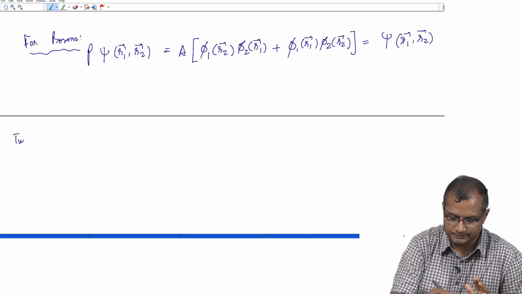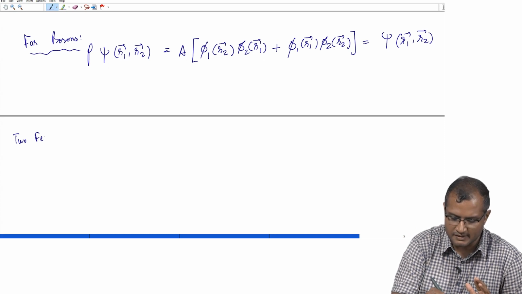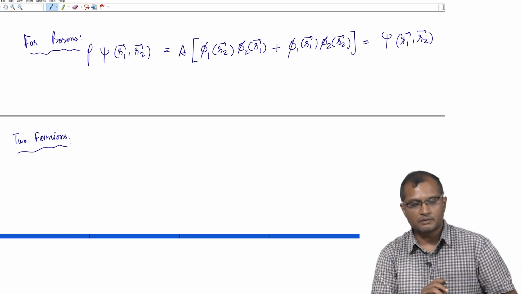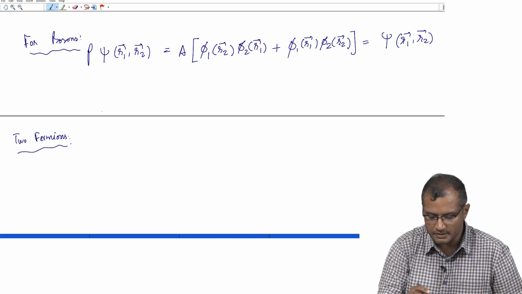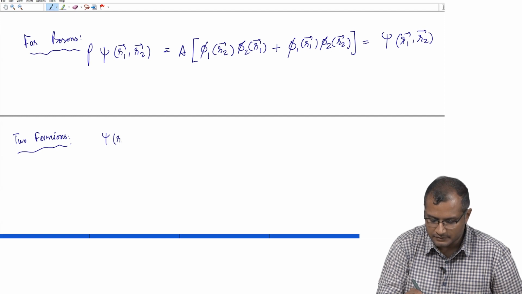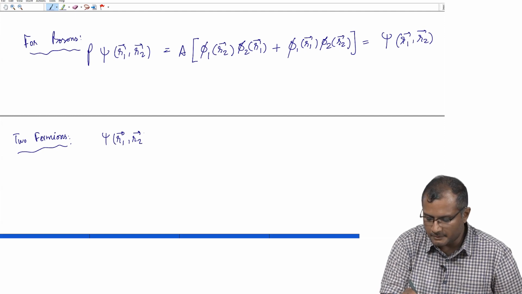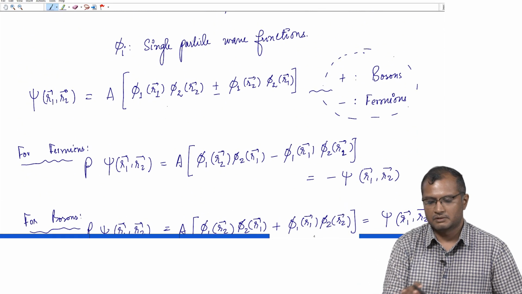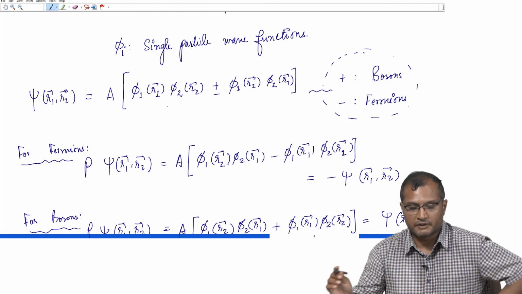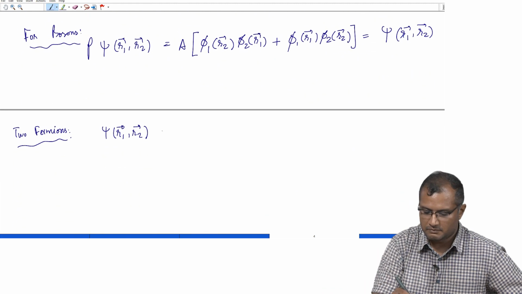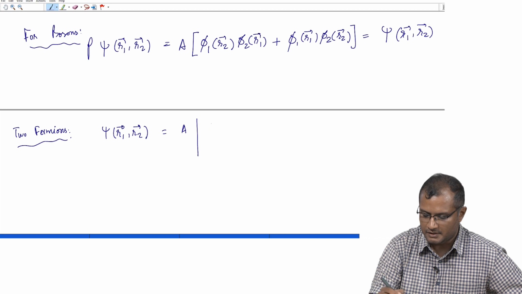So, for 2 fermions that we have just discussed, you can write down this wave function also in the determinant form. What I have written here, this particular equation, A times phi 1 r 1 into phi 2 r 2 minus phi 1 r 2 into phi 2 r 1, in the determinant form. So, you can write it as A times a determinant phi 1 r 1